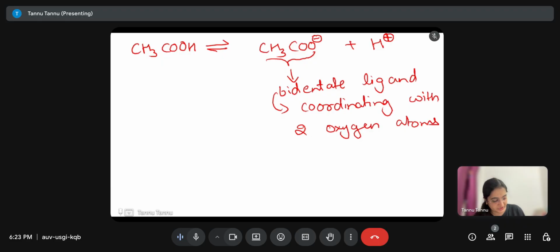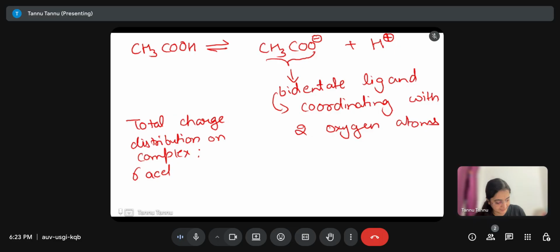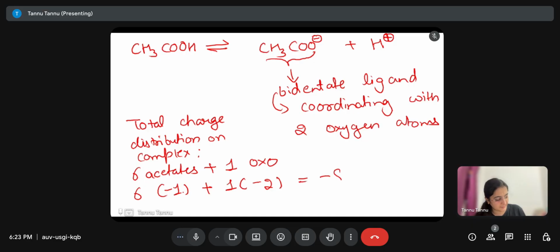And the total charge on the complex: 6 acetates plus 1 oxo, the total charge is minus 8,